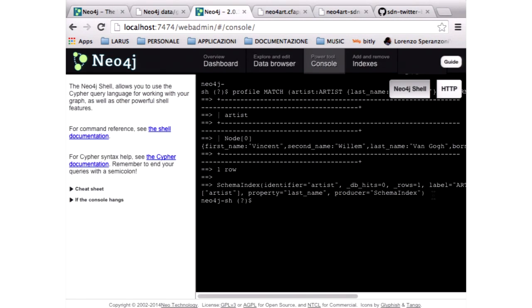Okay. More questions? Elements of the browser UI that are available for using in our application? That's something we're currently working on. The visualization component is to be open sourced in the next few weeks, which uses D3 for visualization. But Neo4j is an open source database. I didn't mention that in the beginning. So Neo4j is open source.